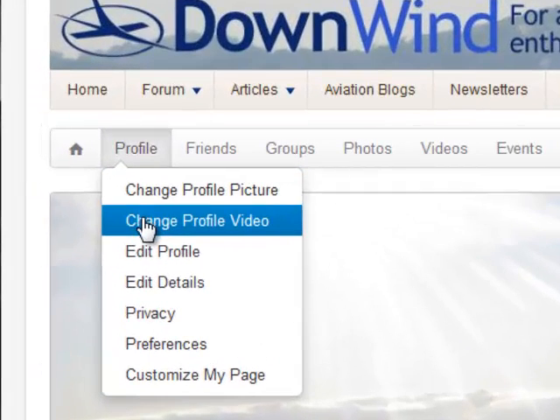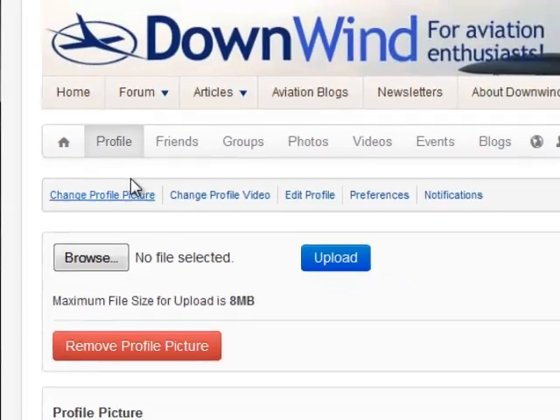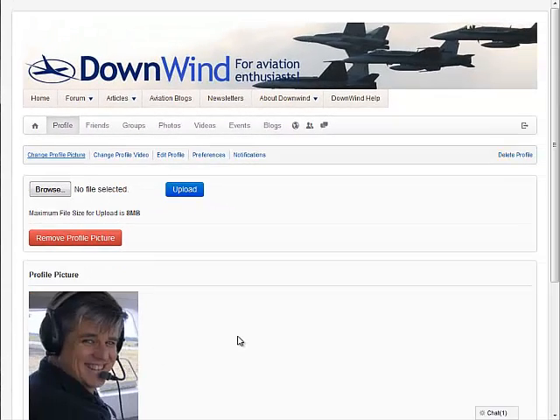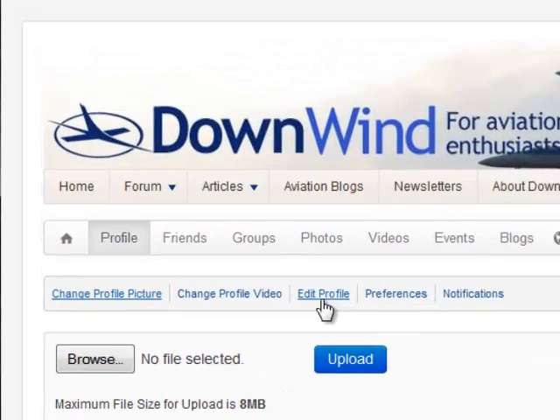But in the profile, if I want to change my profile picture, I can just click on change my profile picture and I can upload a profile. Make sure you do that, by the way. By changing your profile picture, it makes it a little bit more personal versus a standard blob. So I would highly recommend that. I can also edit my profile,